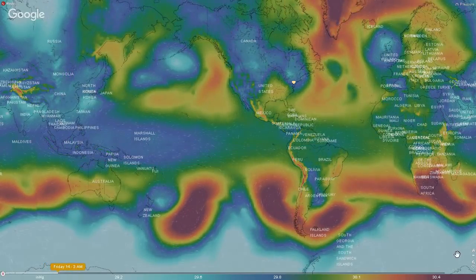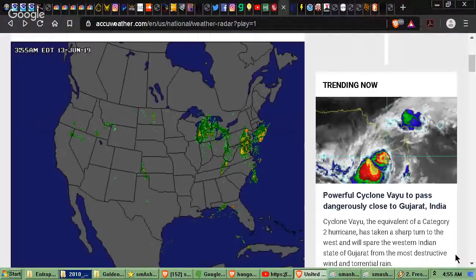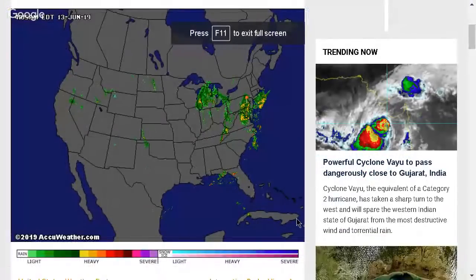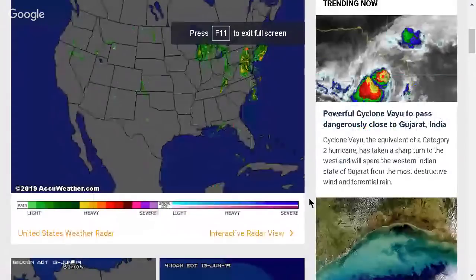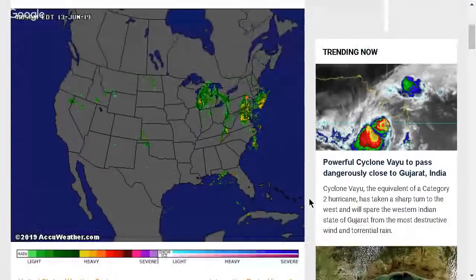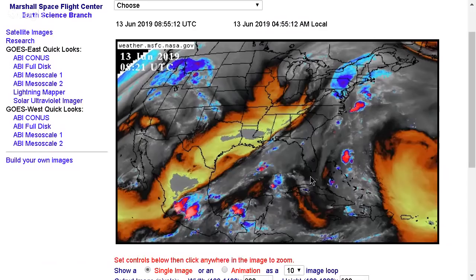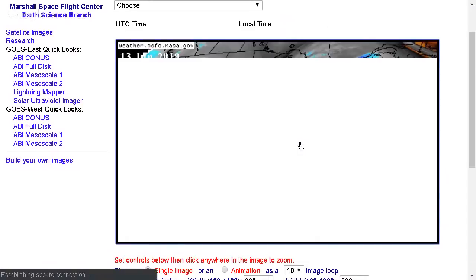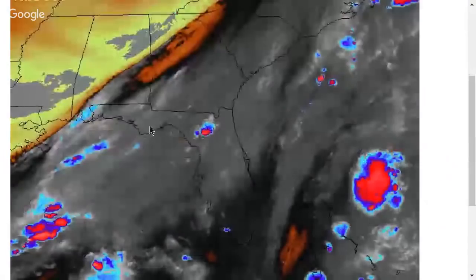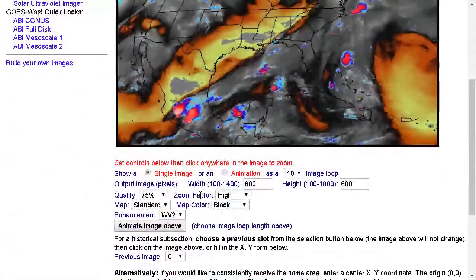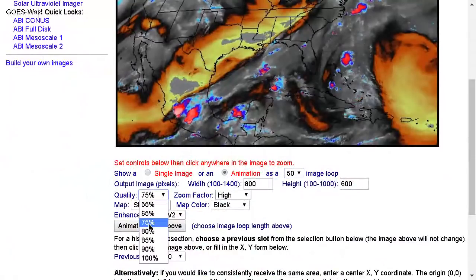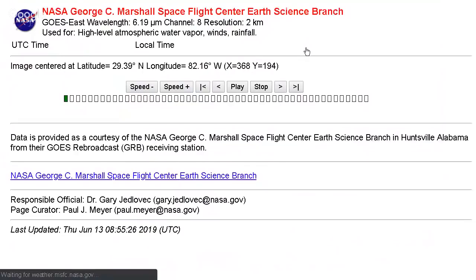save people's lives. Here's the US Doppler radar, and there's a stagnant set of heavy rain above my head right now, which I'm not appreciating. There's also some heavy storms over Florida. We're going to zoom in on that real quick. An interesting convergence there. Let's give it the full Monty before we move on to other stuff, because there's still quite a bit of stuff to cover, such as butts